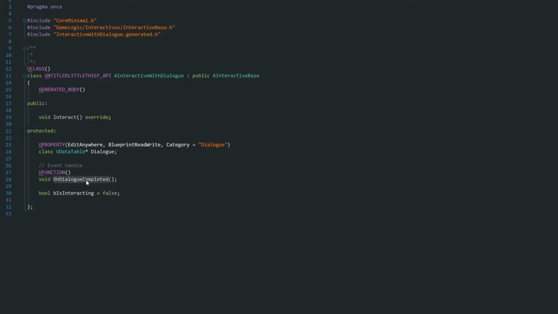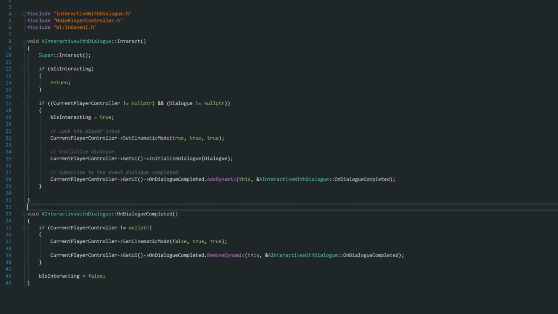It has again a handle for that event, and this is to just detect if we are interacting, just not to do this over and over again when the player presses the E key. We override the function interact, which is the basic interact function